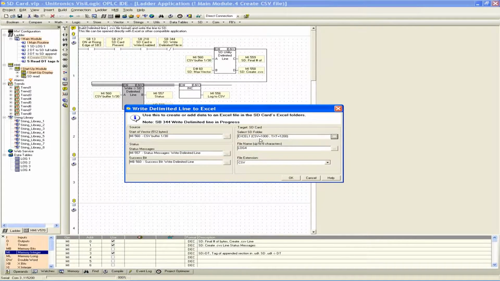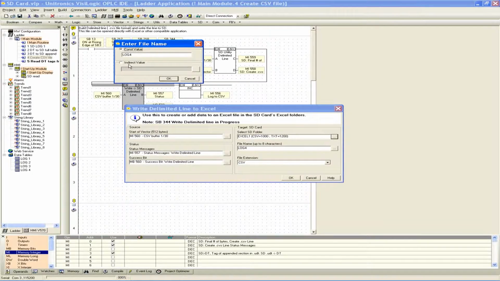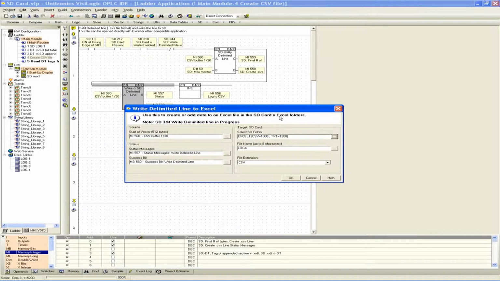So you have to specify the target folder and then also a file name for that CSV file. Here we just called it a static value of log4. It can also be an indirect value if you wish, but here it's going to be log4 as our static file name. And it's important to note as well that